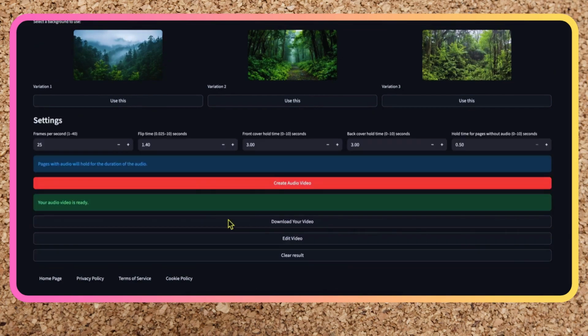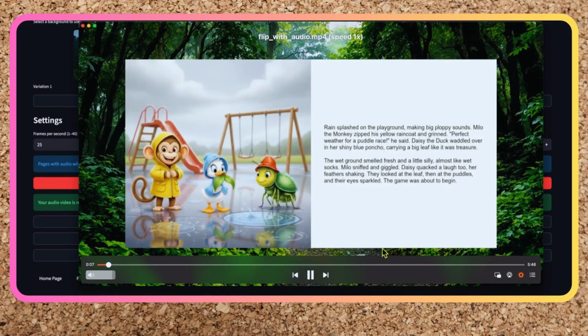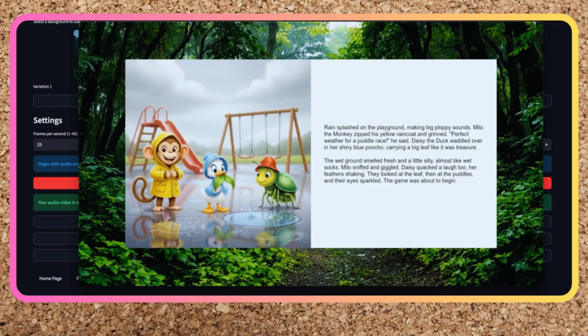This is what it's going to look like. You can download it as a PDF as well, but this is what it's going to look like, right? You're going to have your pages here, and then you're going to have your images that go along well with the story. You can actually have an image for every single page, where you have this reading on one page and then an image on the other side. So that's what that looks like.